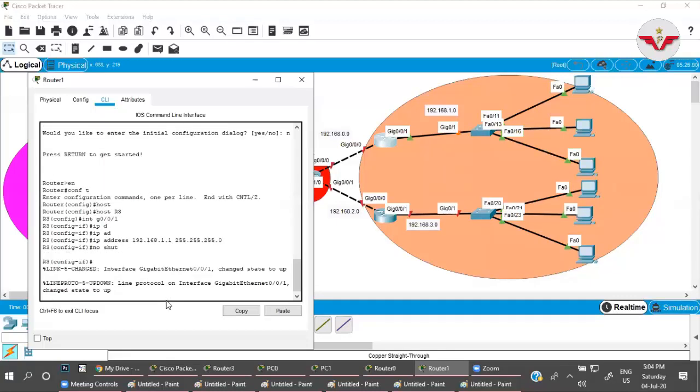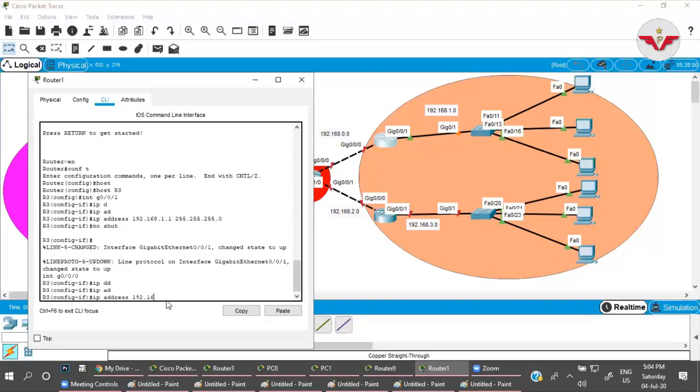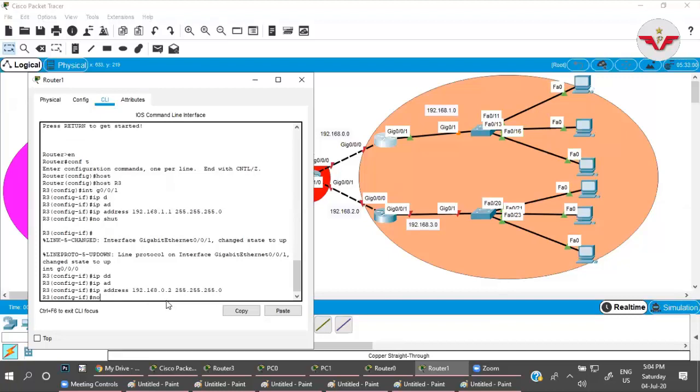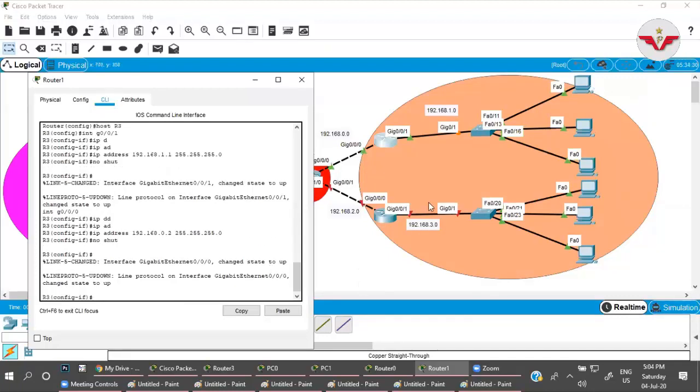No shut, and interface G0/0/0, we have IP address 192.168.0.2. No shut.